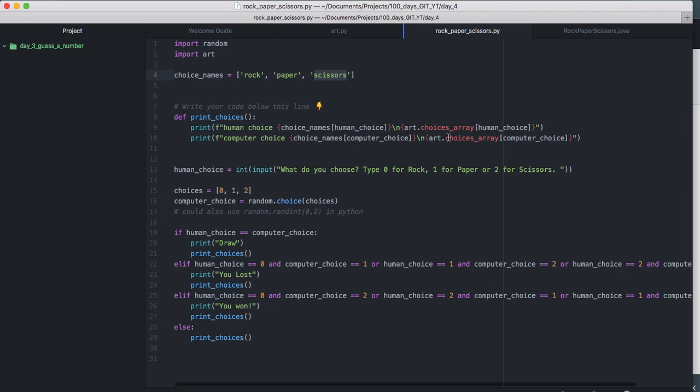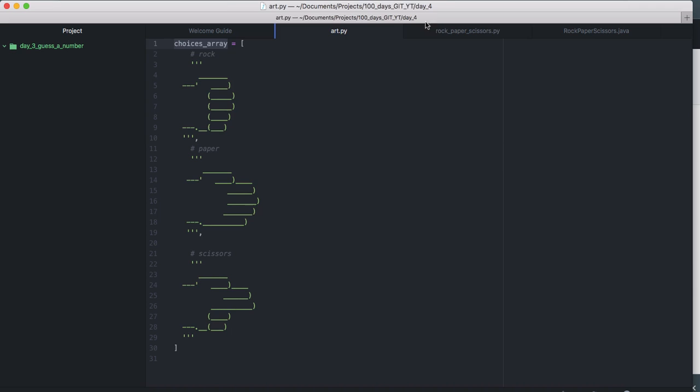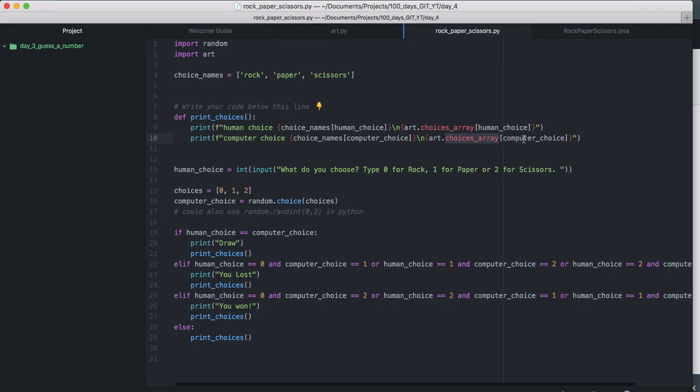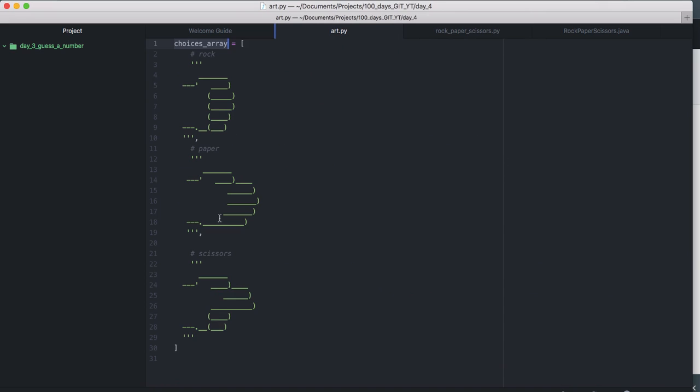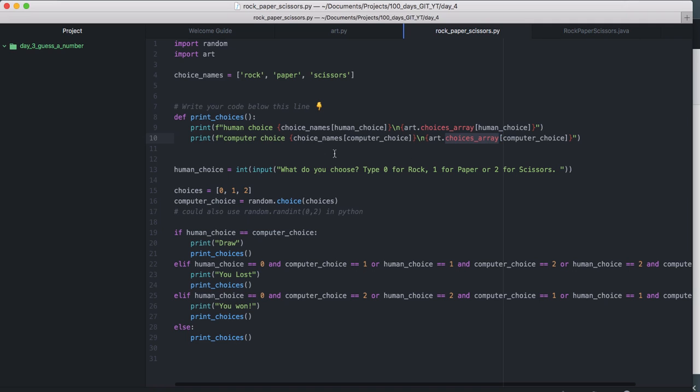And then after the print, because we have a new line here, we pick from the choices array, the one we have here, the index of the element that we're choosing, which in our case was number 2. Then it comes here and picks number 2, which is 0, 1, 2, scissors. So it prints out scissors, prints out the name from here, and prints out the art from that side.